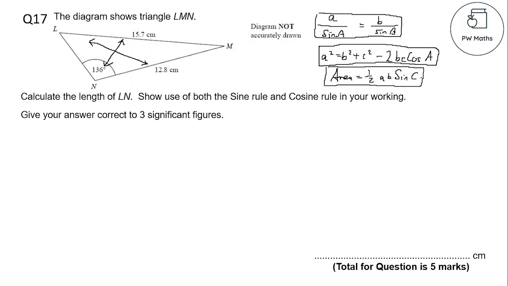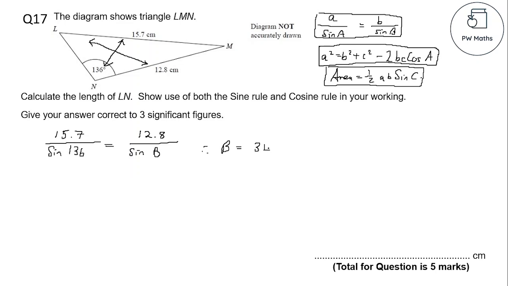15.7 is opposite the angle, the sine of capital A, 136, so I'm just going to tap into the calculator. 15.7 over the sine of 136 must be equal to B over sine B. Now the B is this 12.8 over the sine of a letter that I don't actually know, and to be honest, because I know how to use the calculator really well, I'm going to call it B. And you can tap that into the Casio ClassWiz calculator. 15.7 over sine 136, don't forget to close the brackets, right arrow, alpha calc 12.8 over sine B, close the brackets, shift calc equals, and it tells me B is